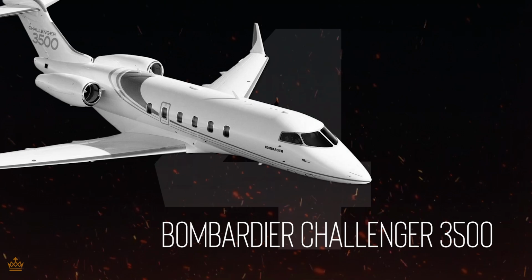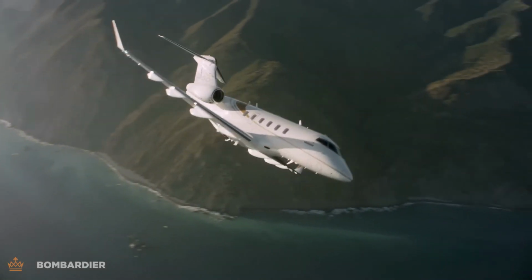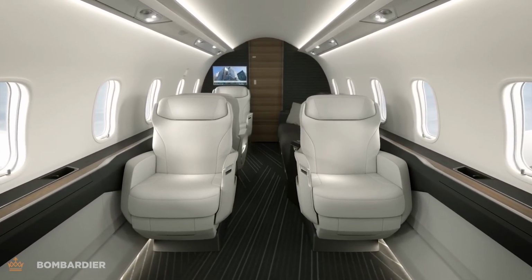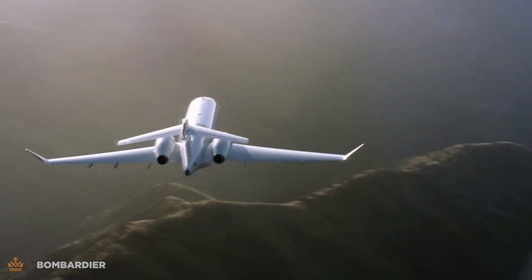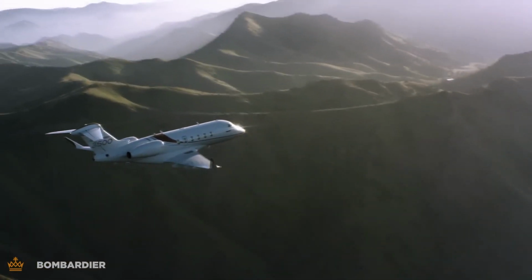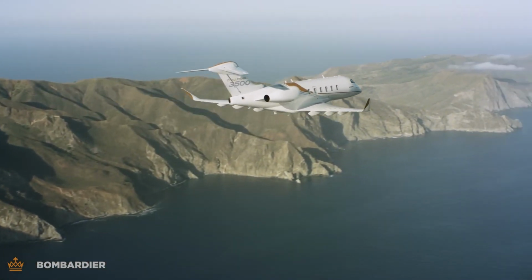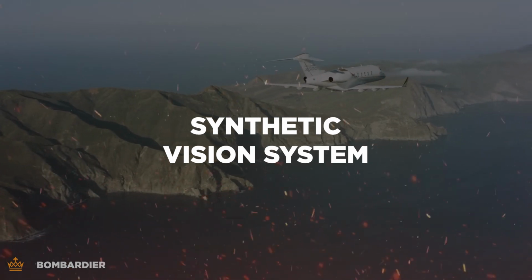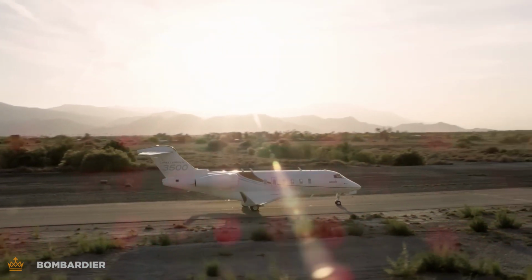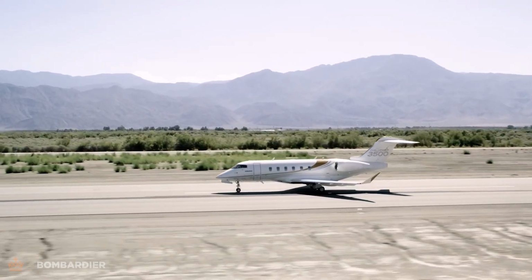At number 4, we have the Bombardier Challenger 3500, which builds on the success of the Challenger 350 with some impressive upgrades. This jet is celebrated for its enhanced safety features, making it a strong contender for those who value security during their flights. One of the key advancements in the Challenger 3500 is its synthetic vision system. This technology provides pilots with a detailed real-time view of the terrain and weather conditions, helping them navigate safely and